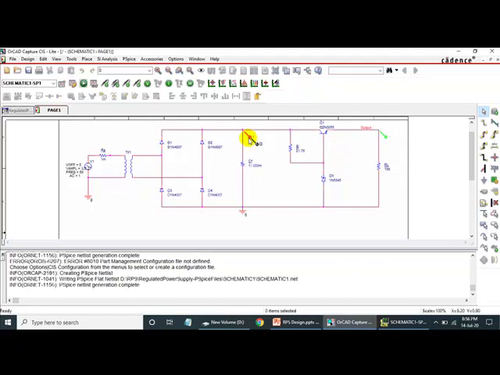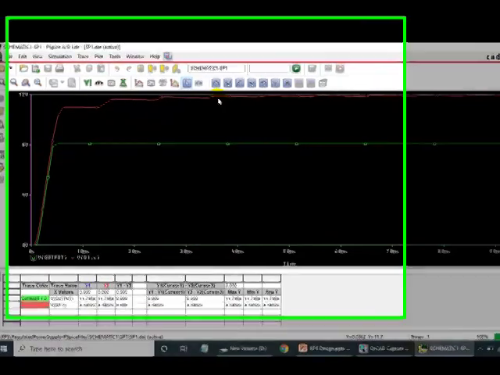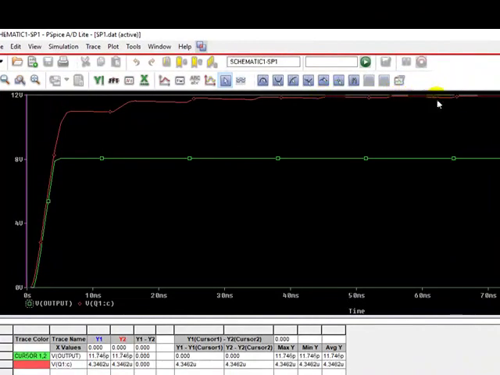I'll take one more voltage level marker and I'll place it here. Please see here, this is red color and this is green color. Red color is the input to the voltage regulator, green color is the output of the voltage regulator. We see there are some ripples in the input to the voltage regulator. That is because of the capacitor action, charging, discharging. That is the ripple voltage what we found. That is close to 12 volt. And the voltage regulator, Zener series voltage regulator, has cleaned this ripple and we have got a clean 8 volt output DC voltage.